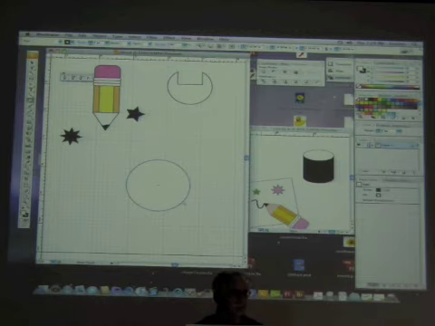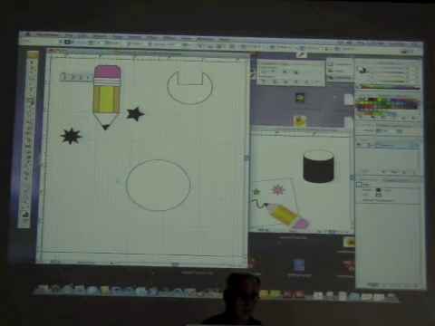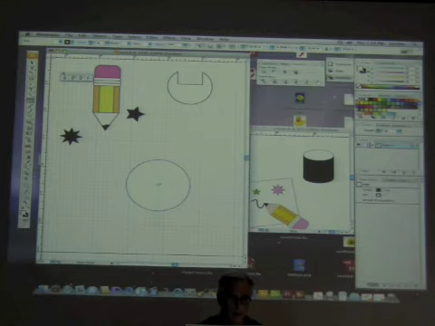Now to make some of the gears, I need to create a star shape inside and cut it out. So that would work for me, I think. Okay? So that we get kind of a zigzag shape. So I'm going to select the star tool,